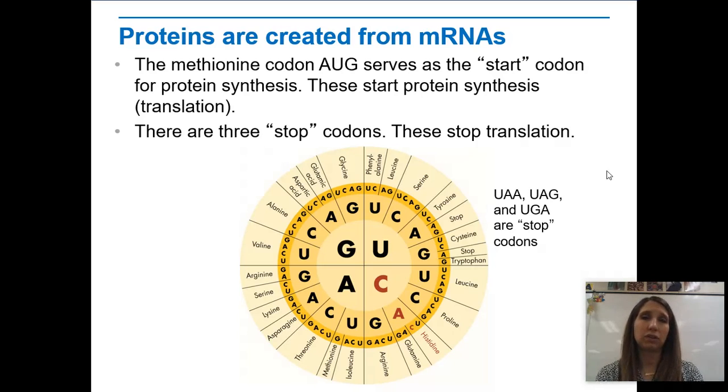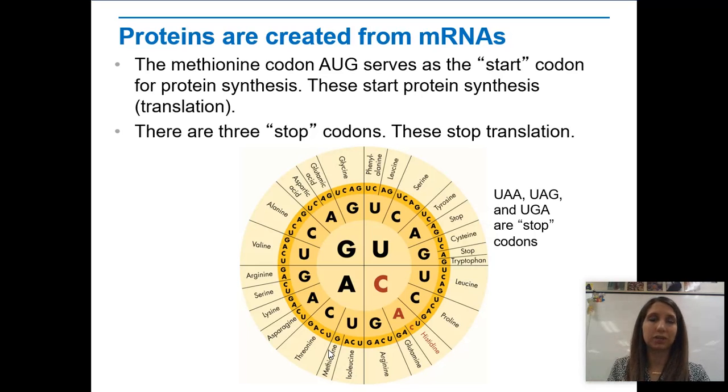Among these different codons, there's always one type of codon that serves as a start. This means that every protein that's created in any living thing, whether it be prokaryote, eukaryote, plant, animal, bacteria, fungi, protists, whatever, they all start with the same exact codon. The codon that we use to start any protein is actually AUG. And AUG, as I just read to you, codes for an amino acid called methionine. You can see that down here. So methionine is going to start every single protein in every single living thing, and they remain there. It's something that all living things share in common, and it's something that a ribosome, regardless of where it's found,